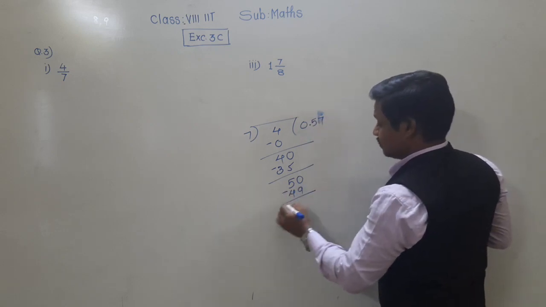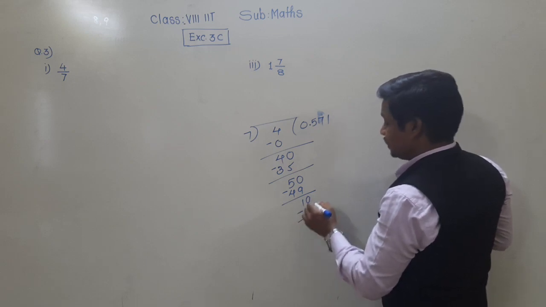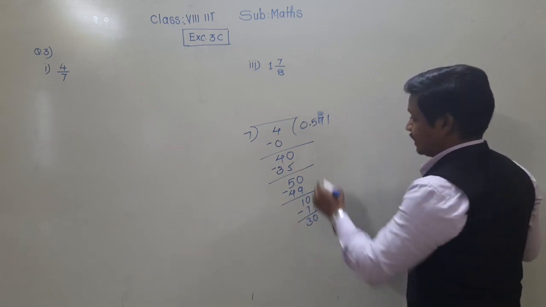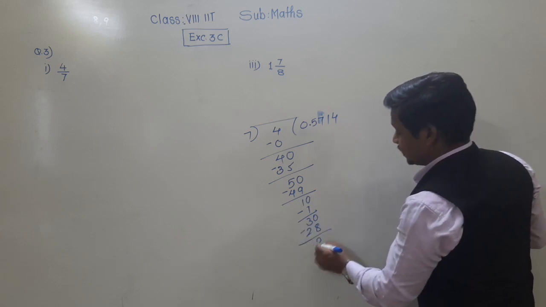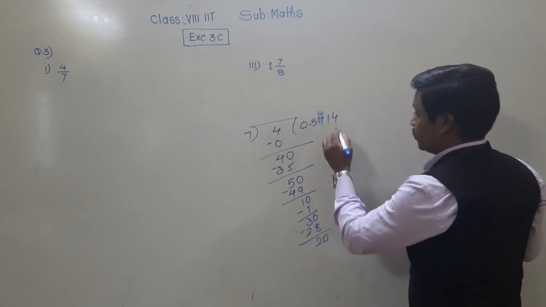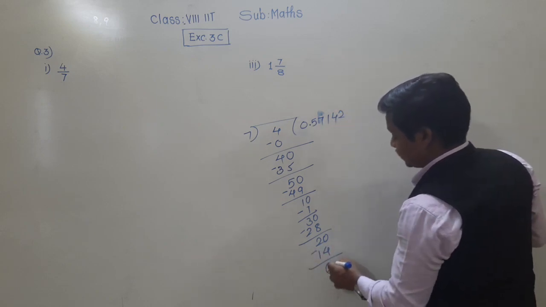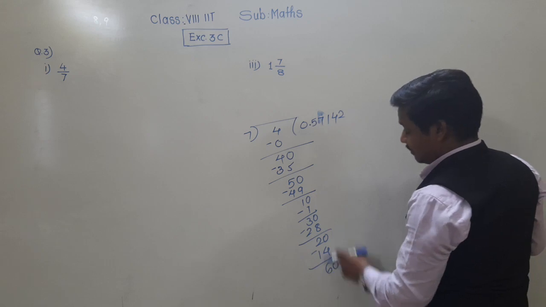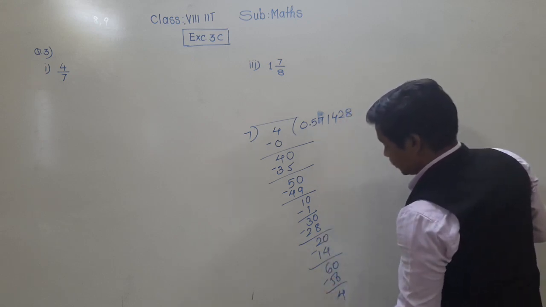Remainder 1. Put 0. 7 1s are 7. 3, put 0, 7 4s are 28. 30 minus 28, 2. Again 0, 7 2s are 14, remainder 6, 0, 7 8s are 56, remain 4, again